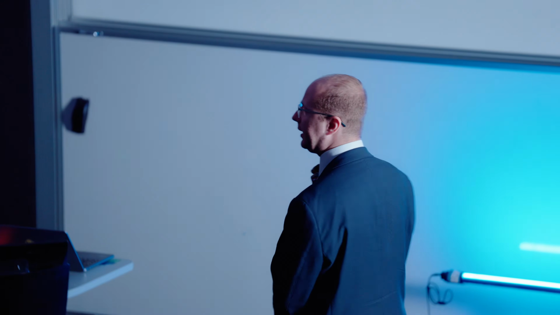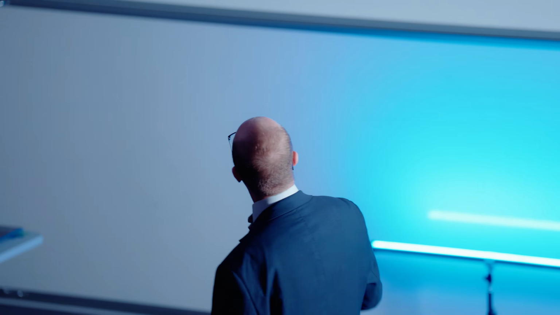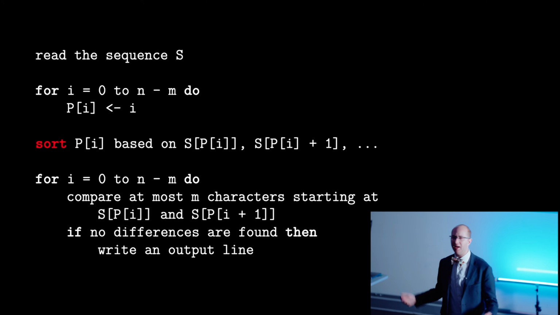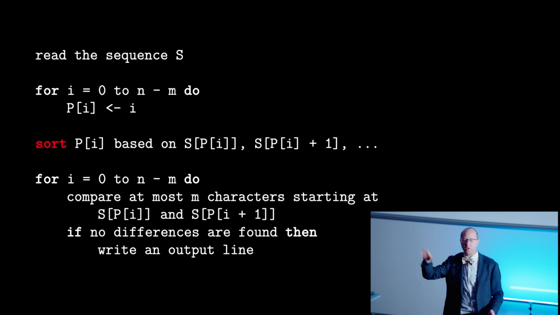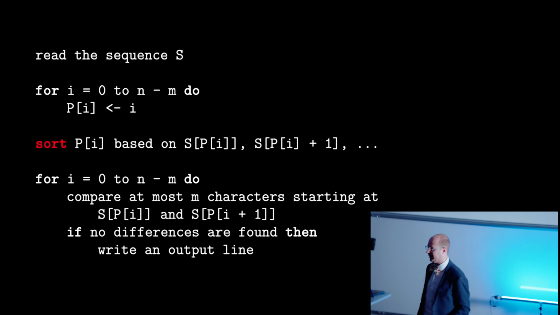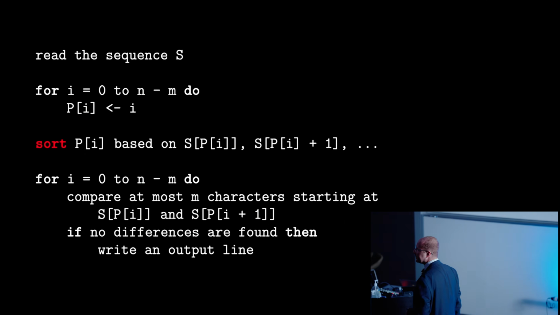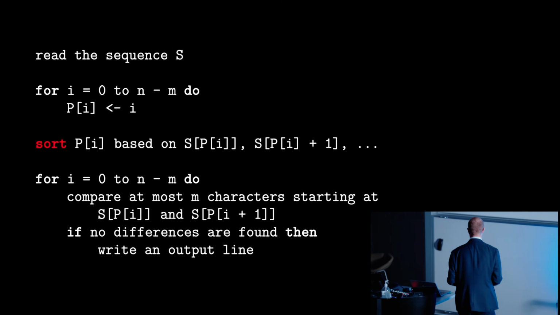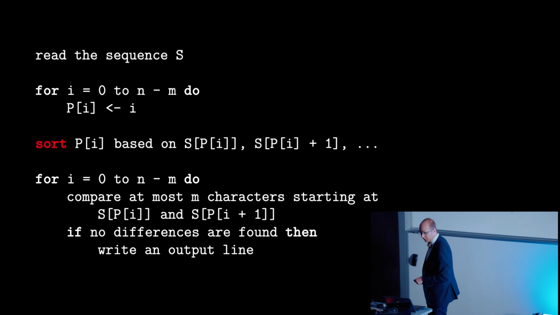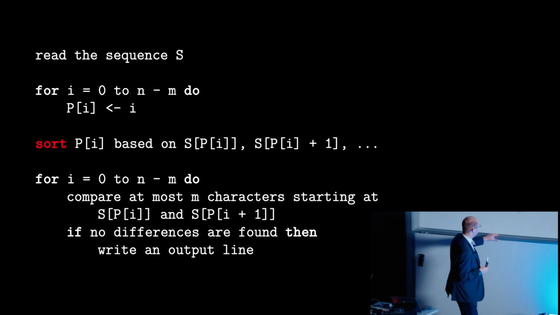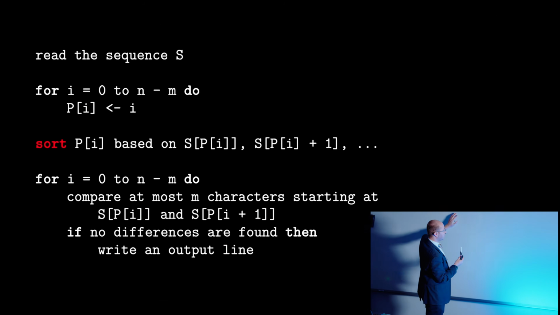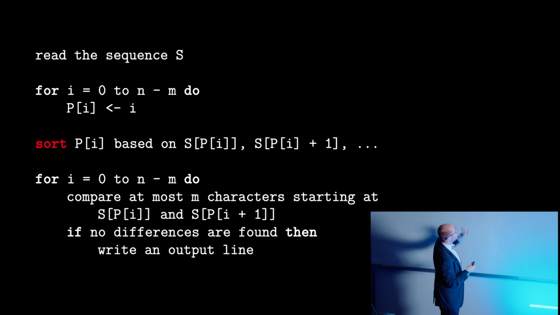So let's go through our algorithm bit by bit and see how much each chunk of it takes. We've got a for loop that goes from 0 to n minus m. Out loud, how many times should this run? N times, because we don't care about the m really, because the m was small and the n was War and Peace. So that part at the start takes n time. If we were to write it down, are there whiteboard markers anywhere? Oh, we've got one. We'll write it down here. We have n for the first chunk.